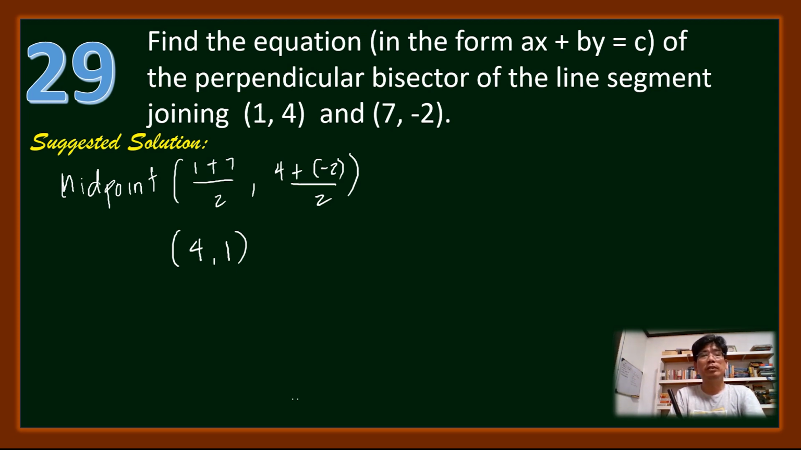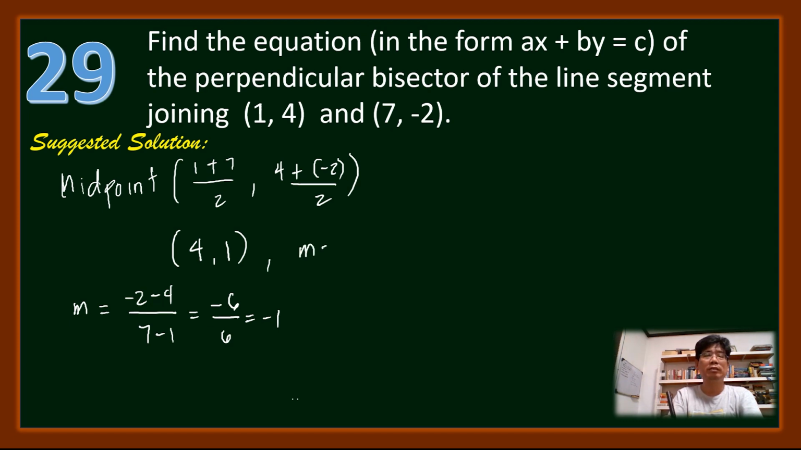Also, the perpendicular bisector and the line containing the line segment are perpendicular, so their slopes must be the negative reciprocal of each other. Let us find the slope of the line containing the line segment. That will be negative 2 minus 4 over 7 minus 1, that is negative 6 over 6, and this is negative 1. Then the slope of the perpendicular bisector is the negative reciprocal of negative 1,